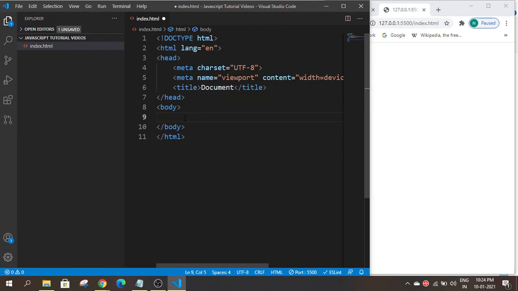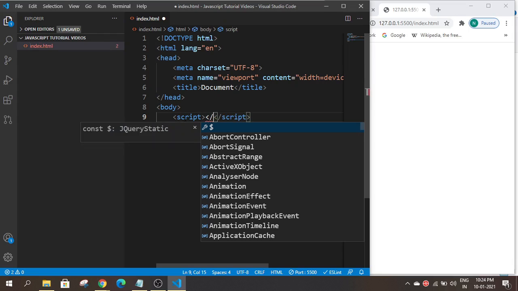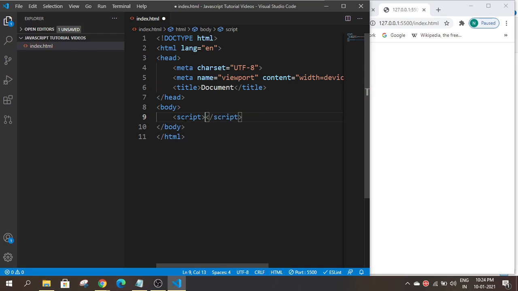So let's see the first step. First step is you have to put the script tag, close it also. So here you will write your JavaScript code. Let's begin with an alert. This is a JavaScript code to show an alert on the screen. A pop-up window will open. Here you can put your text. Okay. Once you save it,